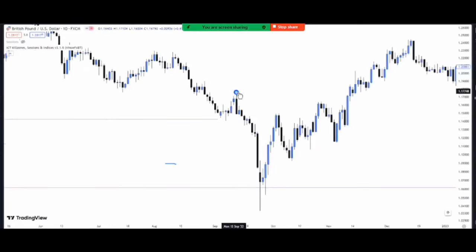Okay, so this is your inducement. This is not a high because there's no inducement on that leg. There's no inducement on this leg to confirm this low. The only inducement you have here is this. This is the first pullback. This one is not a pullback because this candle, high and low, is protected. All right? So this is our inducement here